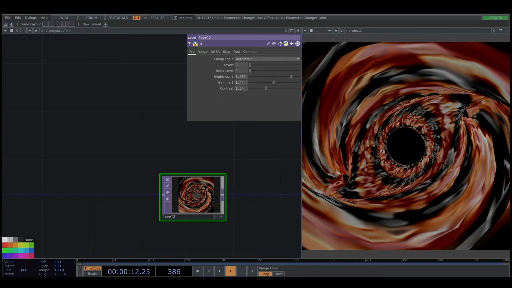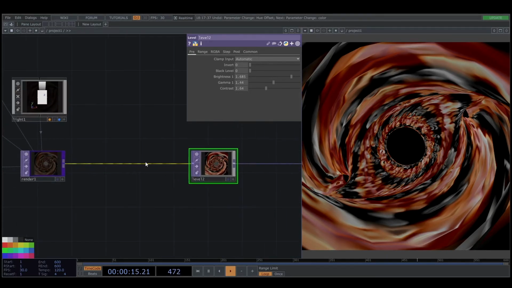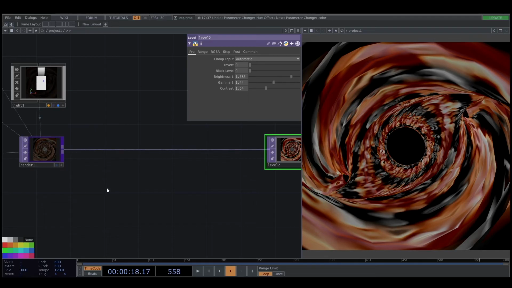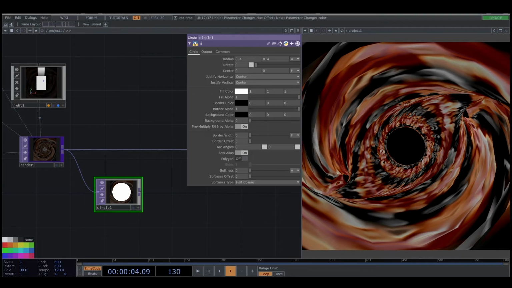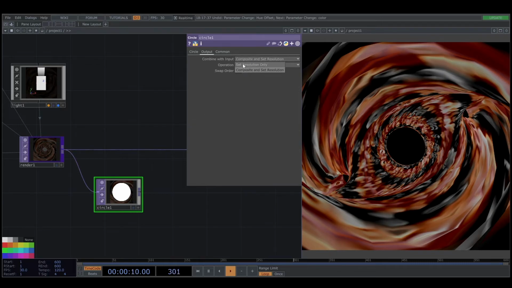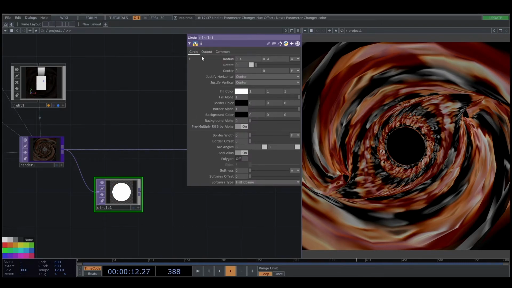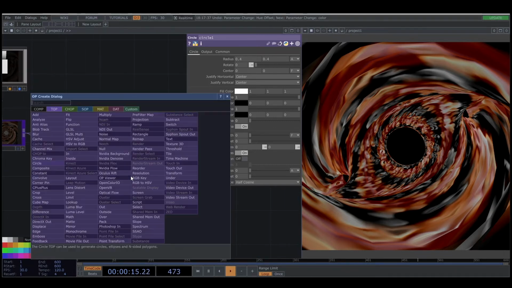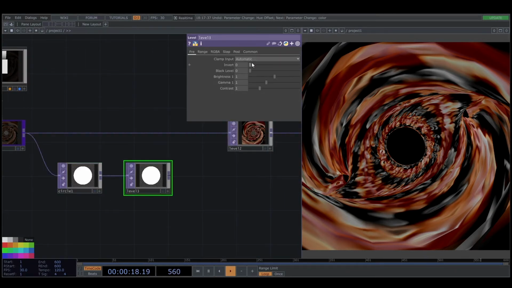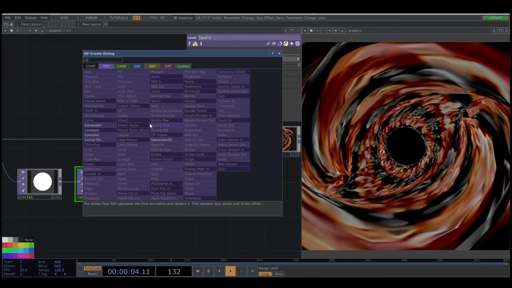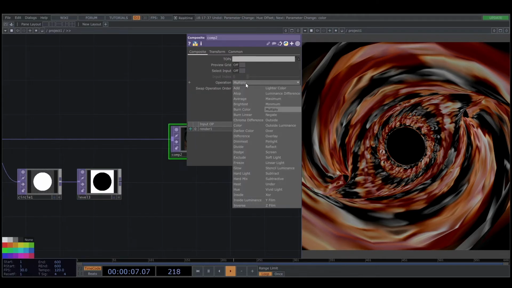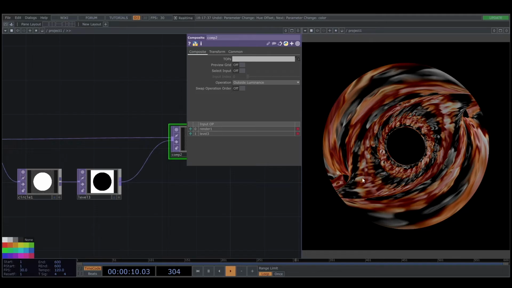We have this one. And to look like an eye, we're going to create a circle. Yeah, a circle. And I'm going to use just the resolution. And the size is okay. I'm going to create a level. Create an invert of this one. I'm going to move this one, and we connect this to a composite. We put this like outside luminance. Okay, we create a mask. So we have our eye,